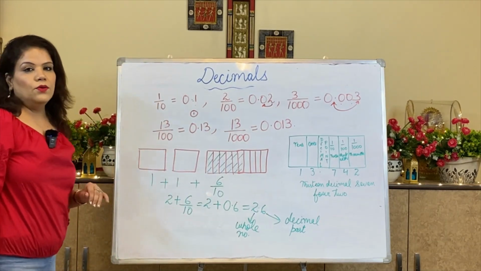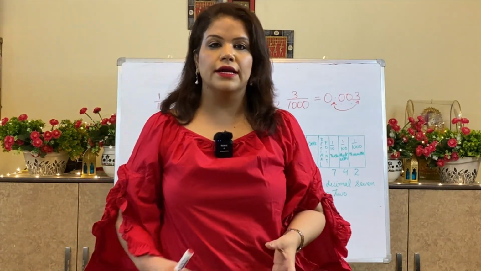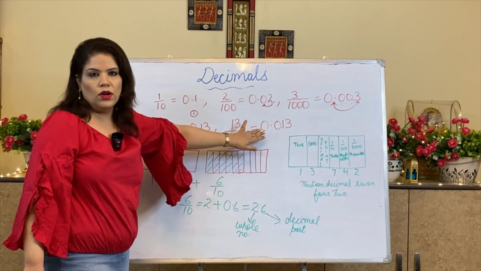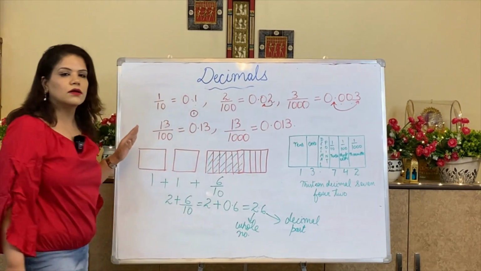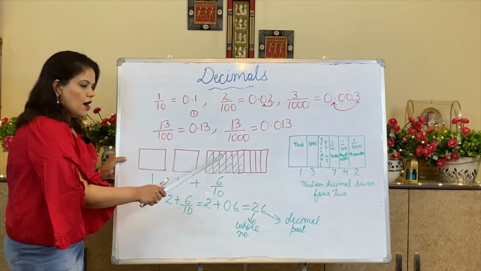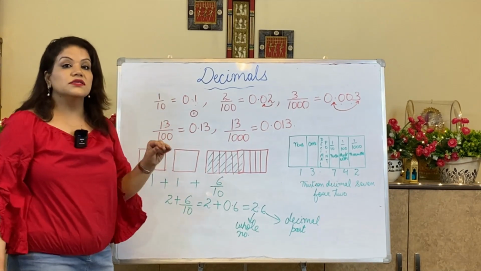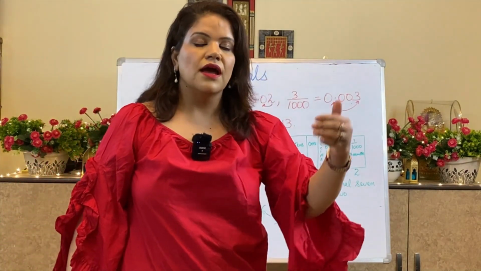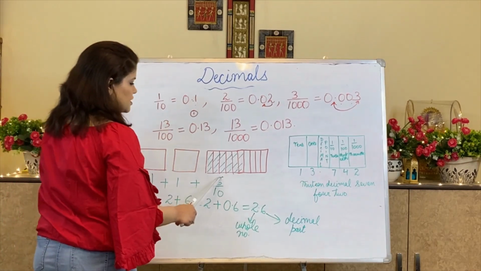Now I am telling you the fractional part and the whole part, if you are getting a number which has 2 parts in it. Till now there was no whole number here. We were only doing the fractional part. Now I am taking one figure in which there are 2 boxes like this and there is a fraction 6 by 10, because it is a decimal number, so we need to take 10 equal parts, and out of those 10 parts I am taking 6 parts. So it will become 6 by 10.